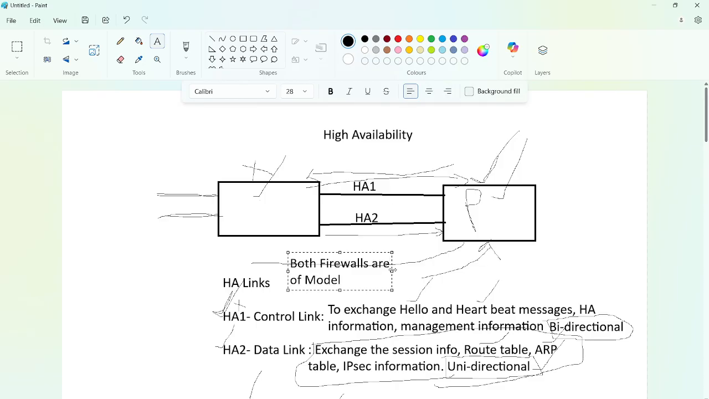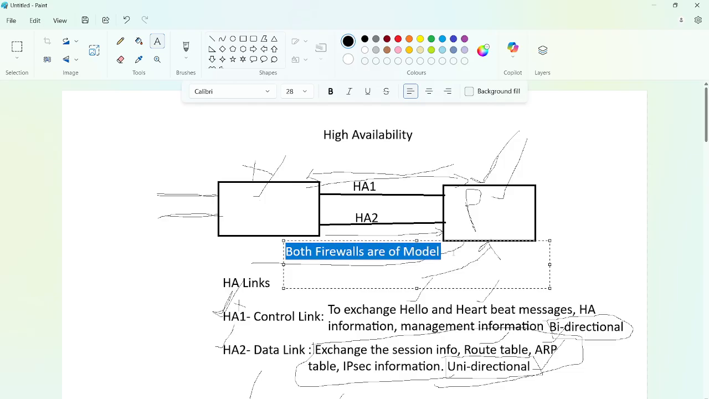I have to tell you this while we are configuring in the lab, but I am telling you before. If you are forming high availability between two firewalls, the firewalls should be of the same model. If you are using a 220 here, the other firewall is also a 220. If you are using 800 series like 830 or 820, you have to use the same 820 or 830 firewall here. If you are using a 440, the other will be a 440 only. So both firewalls should be of the same model, and also both firewalls